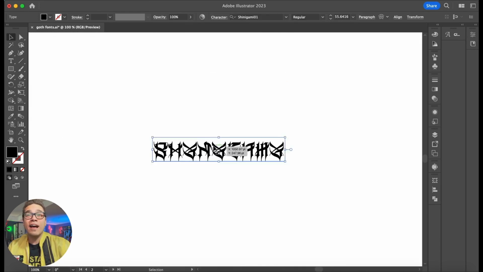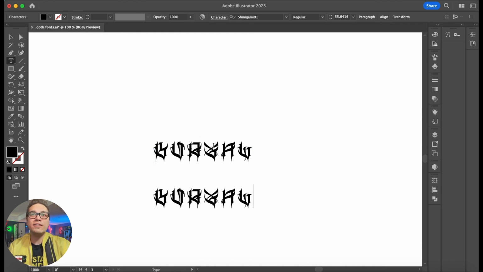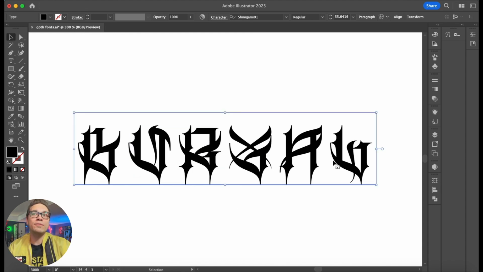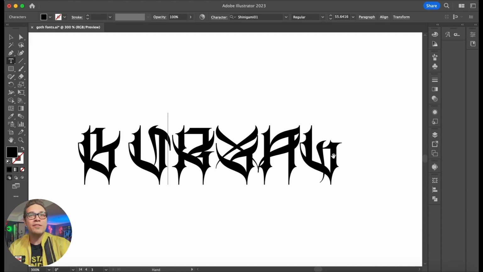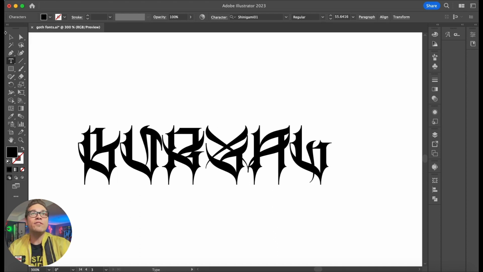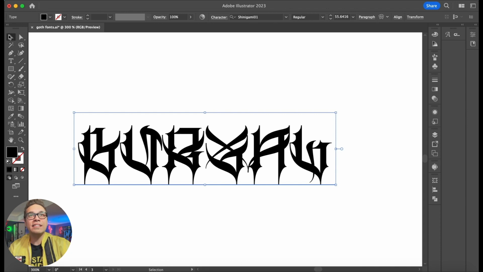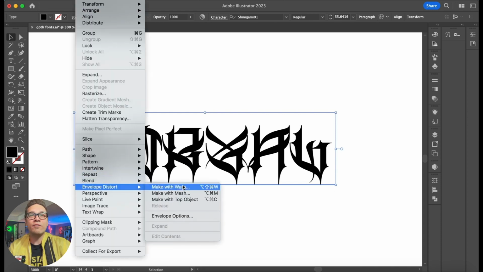So this one has that sort of metal look. So we're just gonna do Burial, the dubstep artist from the 2000s, but we're gonna make it look like a metal logo. So that's gonna be fun. One thing we can do, we can go ahead and convert to outlines, and we can use our envelope distort,